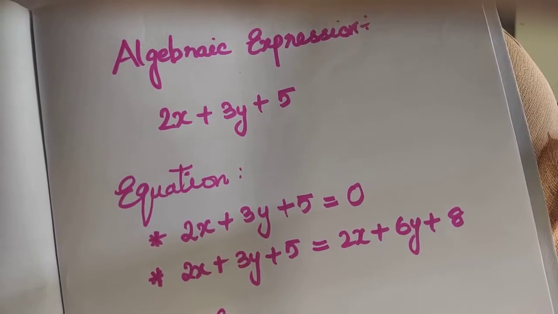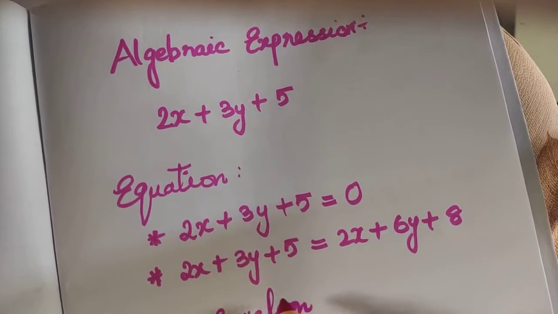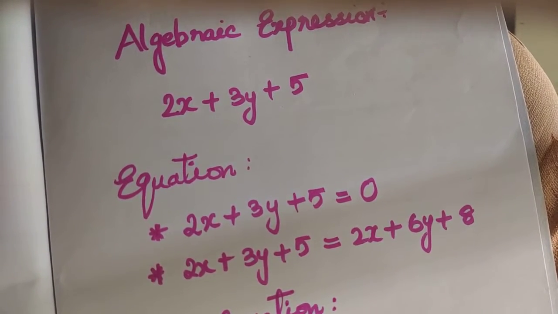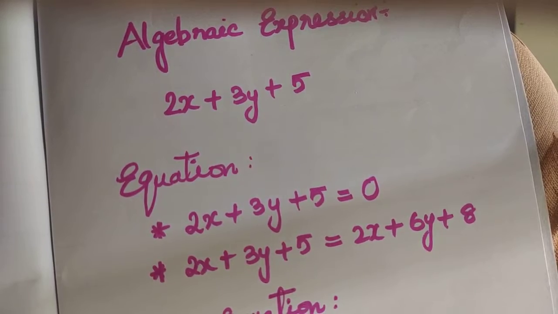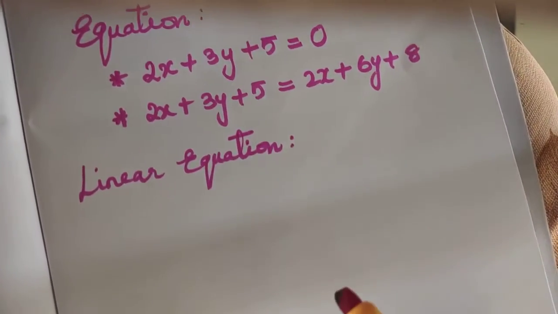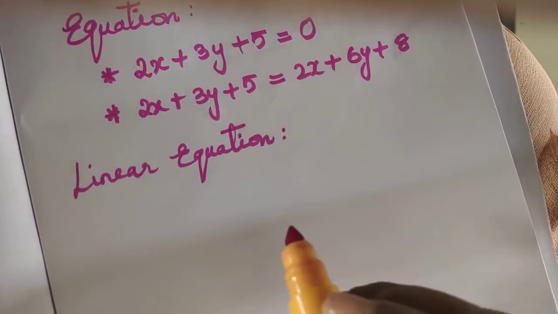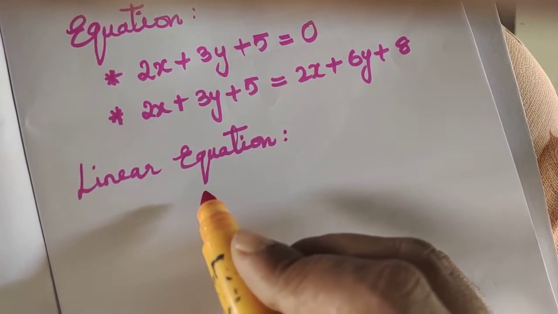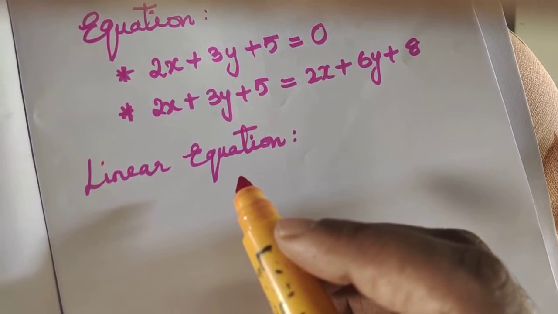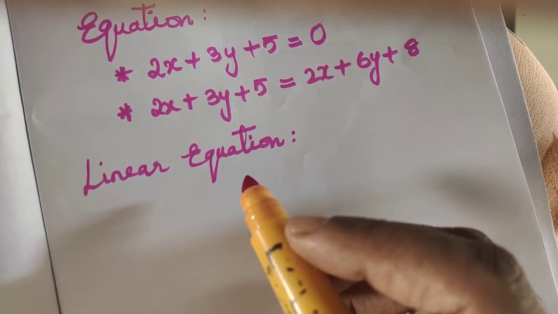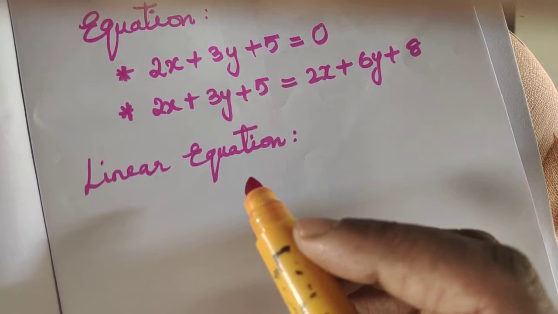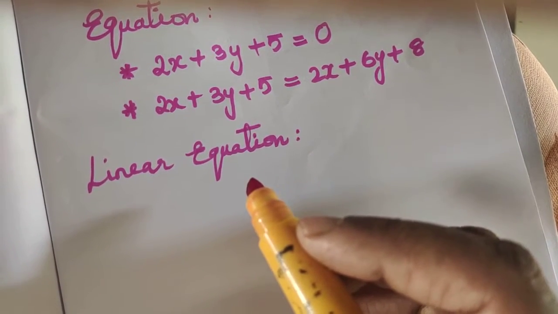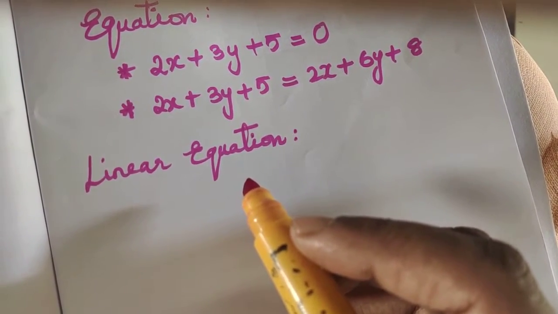So equation is right. I gave you a vast explanation for the equation. Now what am I going to do with linear equation? So what am I going to do with this linear equation, children? Linear equation is, I'll tell you, all of you listen. I have different types of equations, linear equation and I have quadratic equation. So we are not going into quadratic equation now. We are going to deal only with linear equation where you have a variable, no?